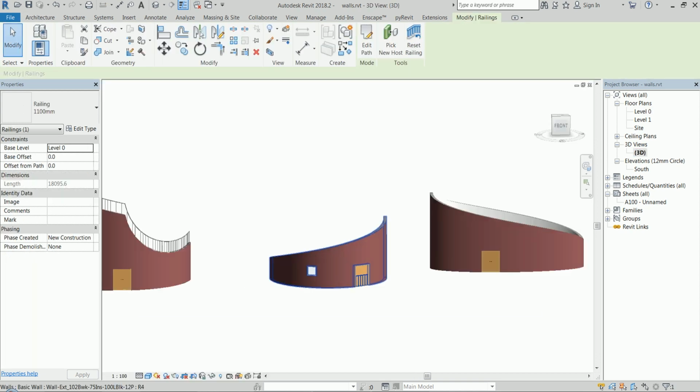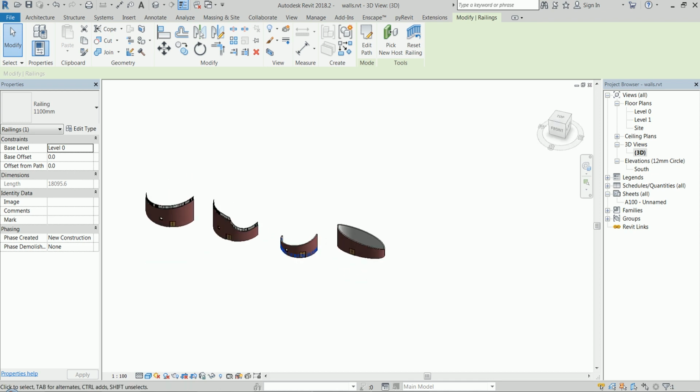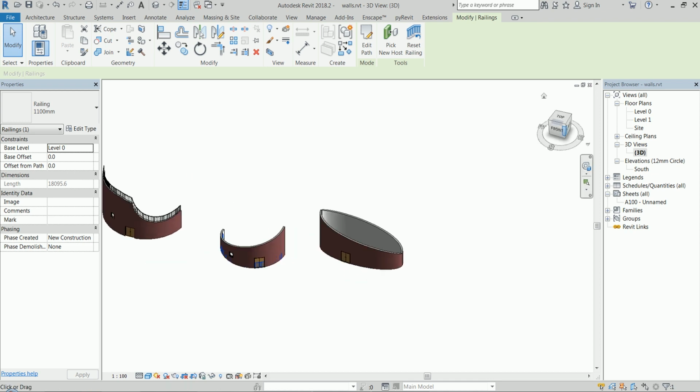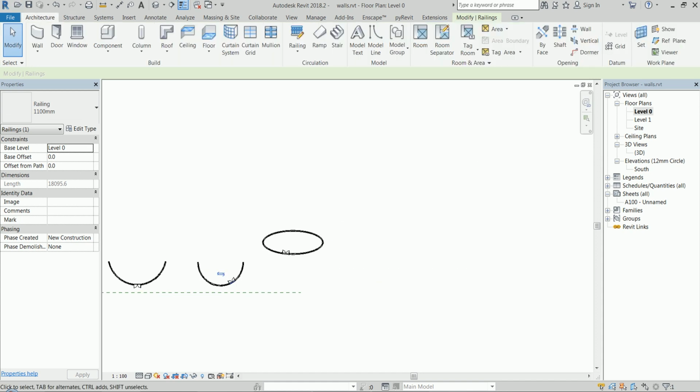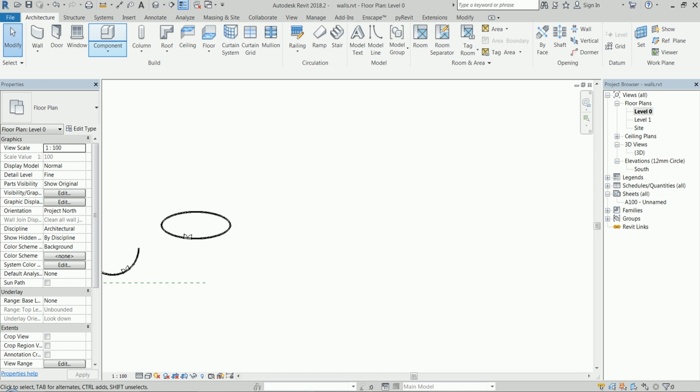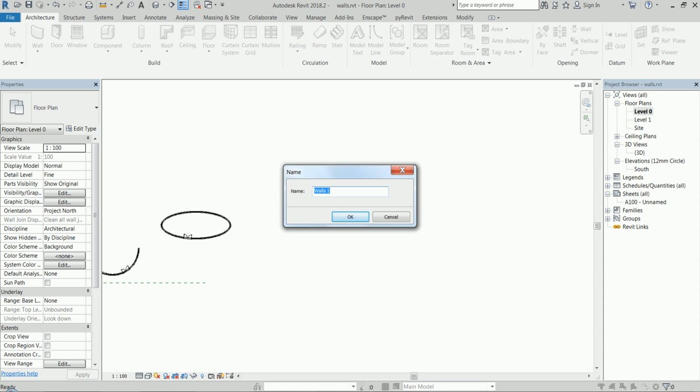So we can't host a railing on that wall. Okay, another approach is to actually just model the wall in place. So that means make a component, model in place, select the walls category, name it wall something,